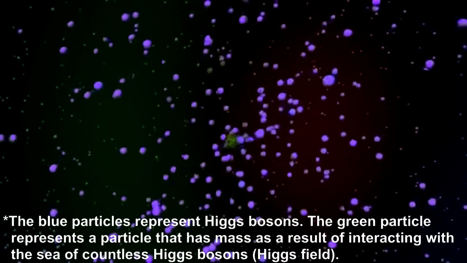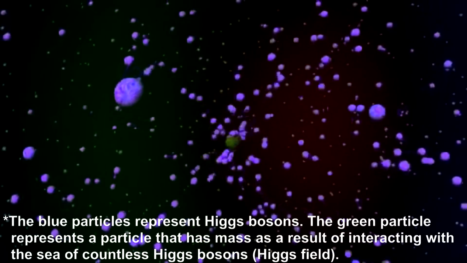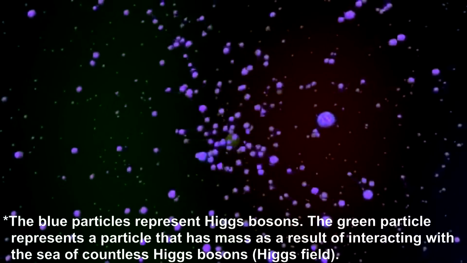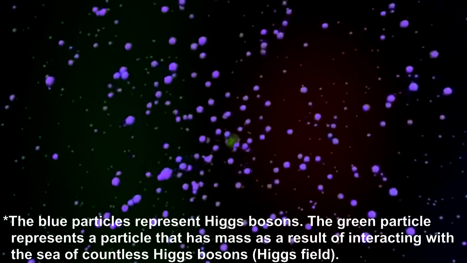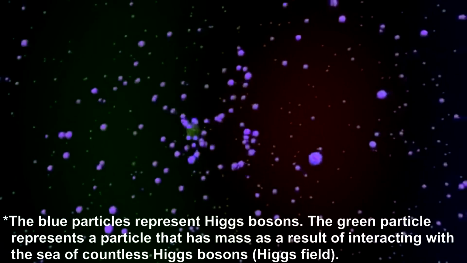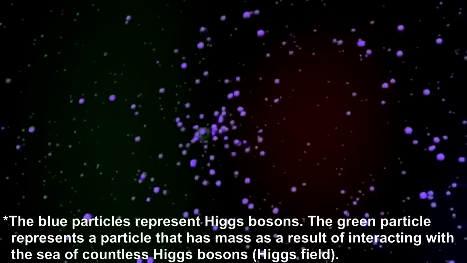The Higgs field emits countless Higgs bosons that come into contact with matter. Different particles interact with the Higgs field to give this matter more or less mass with respect to how much these particles actually interact with the Higgs field. One important warning for the Higgs boson to consider is that the Higgs field doesn't actually facilitate gravity, though that is just a property of mass that isn't directly related to the Higgs field.